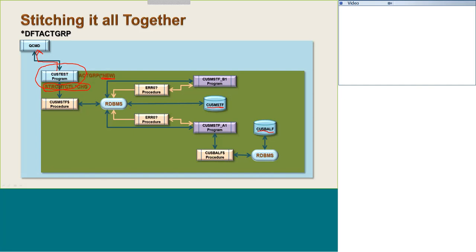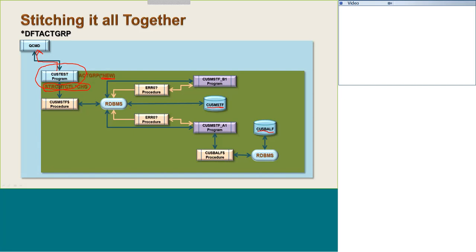The one thing that trigger programs must never do is issue a rollback or a commit. Never. Because a trigger program cannot, in the context of where it is, be sure that a transaction cycle is complete or needs to be rolled back. Similarly,